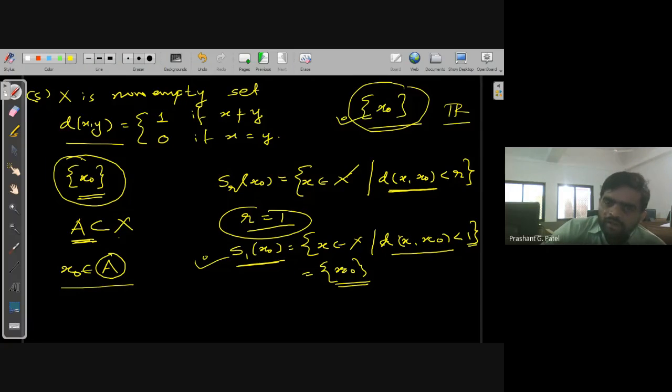Definitely, if a function is defined over the discrete metric space, then f is always continuous. Any function you define. But still, what we mean by a continuous function in a metric space, we have not discussed yet. We will discuss later on in the second unit. But yes, what you are saying is right. Okay, sir.